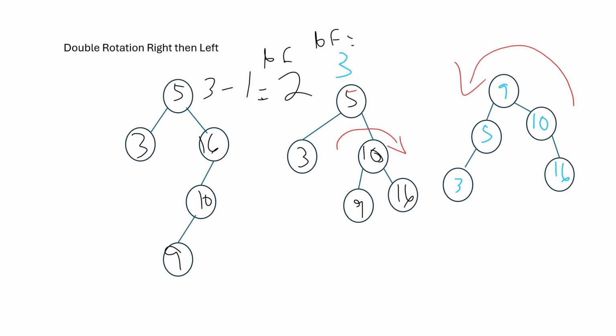So this ends up being a height of 2 and a height of 2. So this has a 0 balance factor. So this has a 0 balance factor. And so the other one would be, basically you have